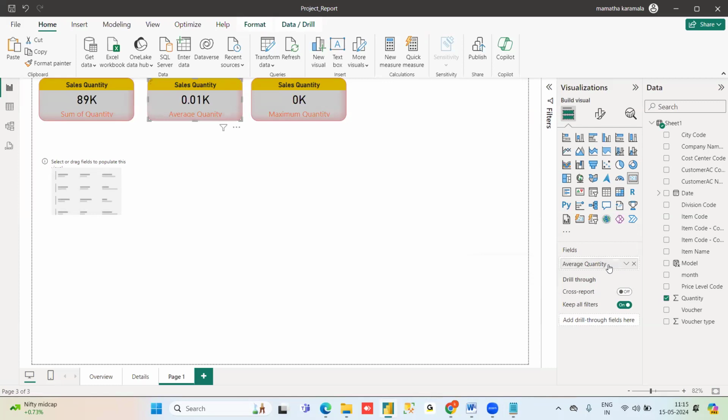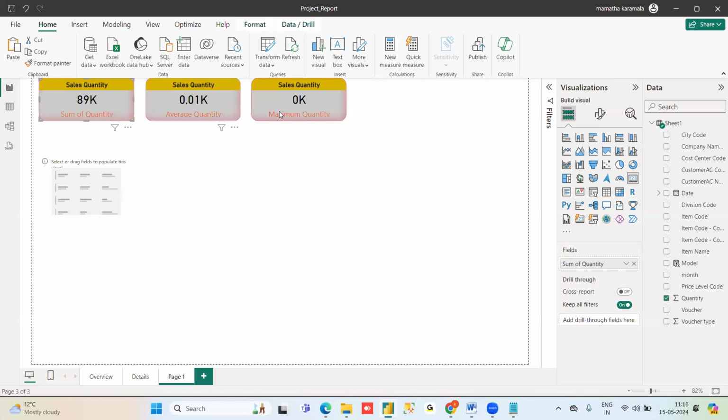Okay. So designing is a very, very important thing. You need to design properly. See here, I have these three visuals, but the gap between these three visuals is not equal. So at that time just select here and move these arrows towards right or left as you want. If not, you can do alignment. Just select all these visuals,